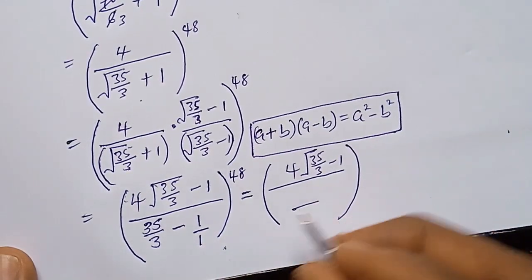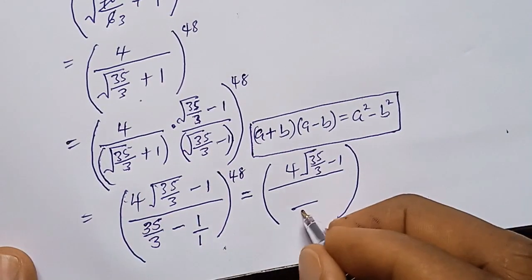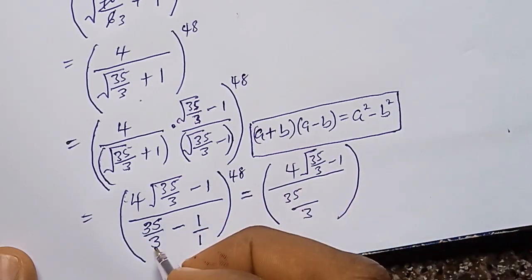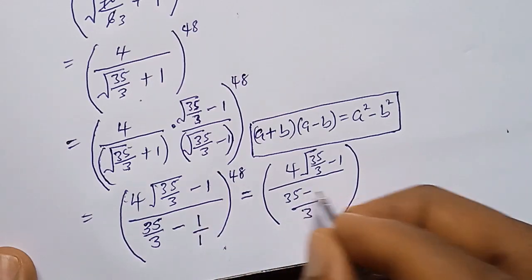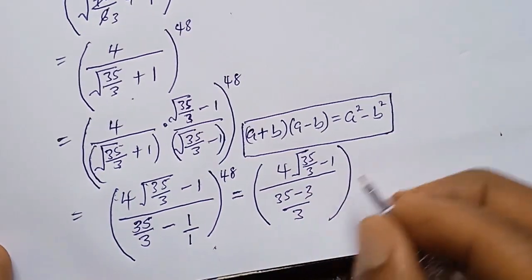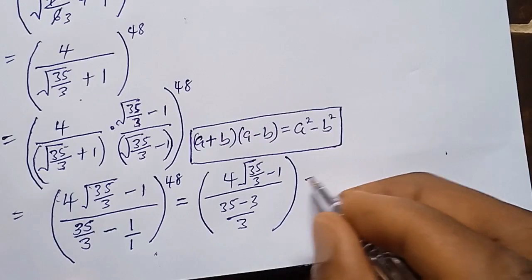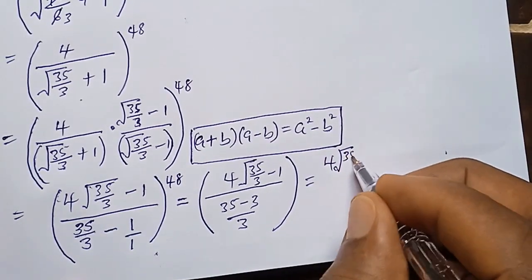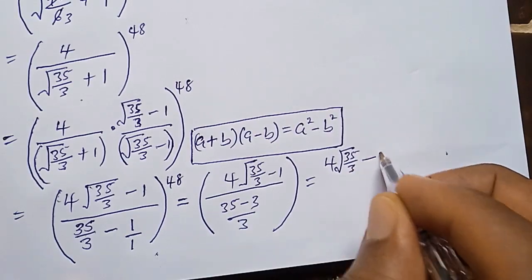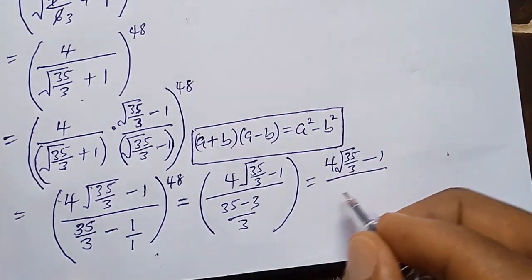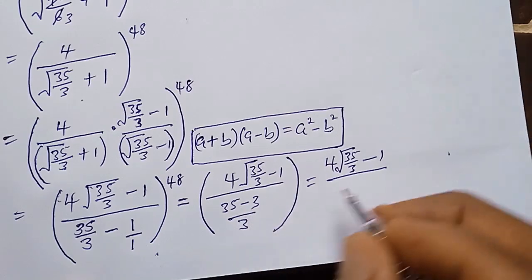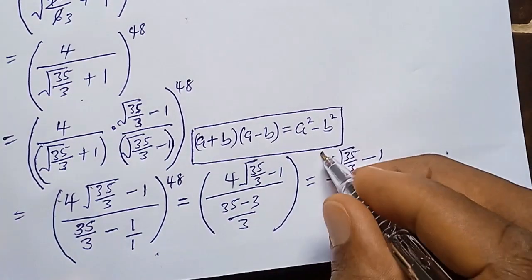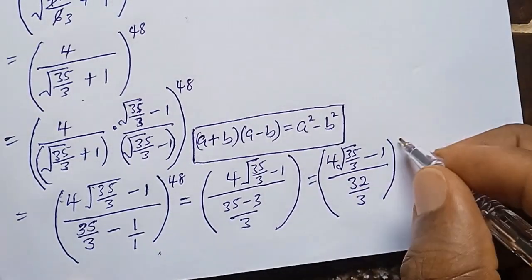Here we have 3 times 1, 3; 1 times 35, 35; 3 times 1 minus 3. So this becomes 4 square root of 35 over 3 minus 1 equals 35 minus 3, we have 32 over 3, all in bracket raised to power